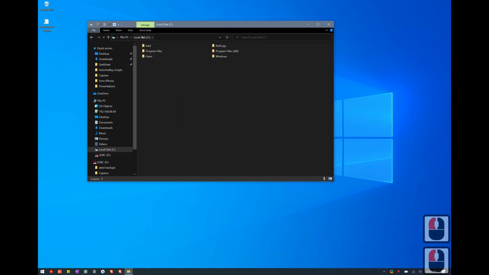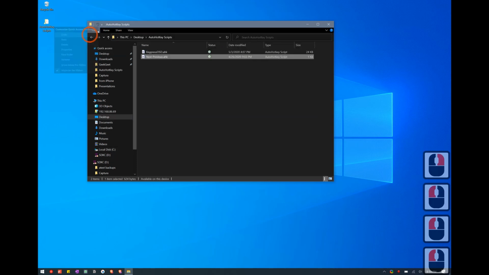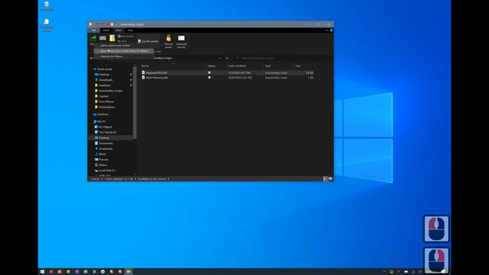But there is a better way. This top bar on a window is called the title bar. You can actually customize these shortcuts that you have in the title bar. First, you can enable a few common ones such as undo, redo, or new folder. But the best part is you can add more tools to the title bar in the Explorer app from the menu tabs.